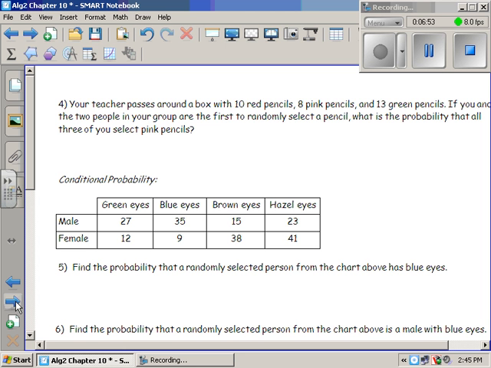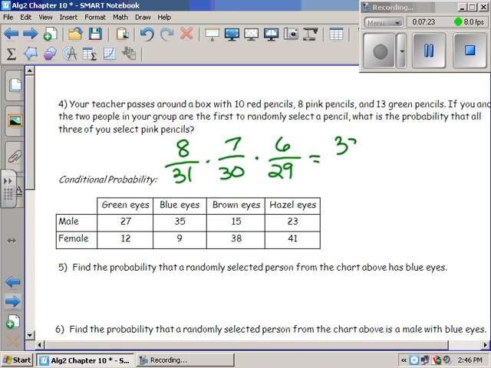So the first person has an 8 out of 31 chance of picking a pink pencil. All right? But one of those pink pencils now is gone. So now there's only going to be 7 pink pencils, but only out of 30 total. Again, another pink pencil's gone, so now we only have 6, and we only have 29 pencils. So when I multiply all that together, I get